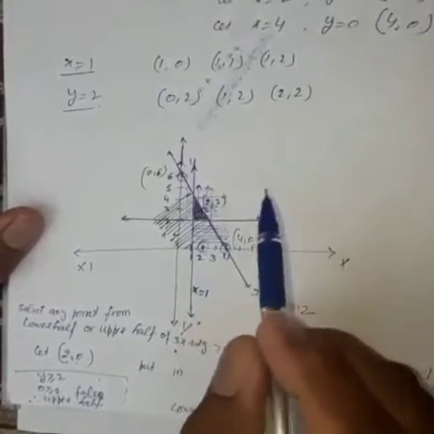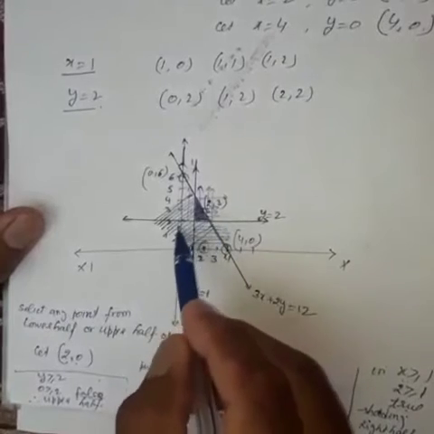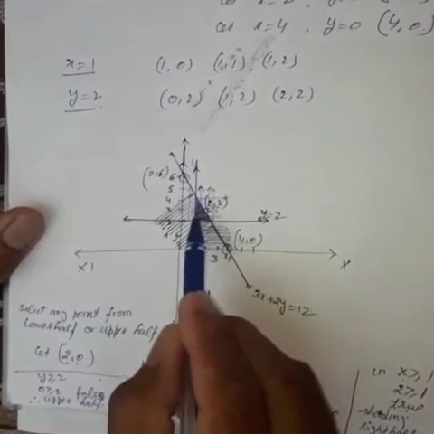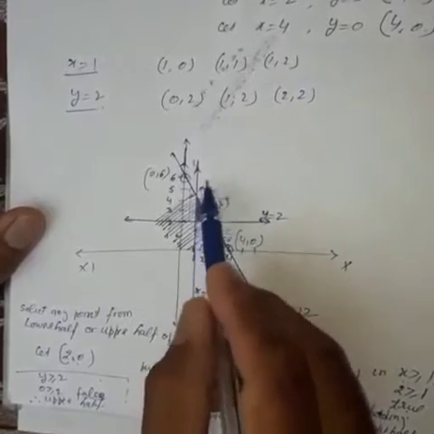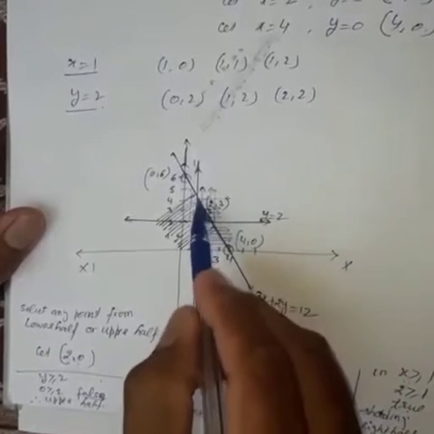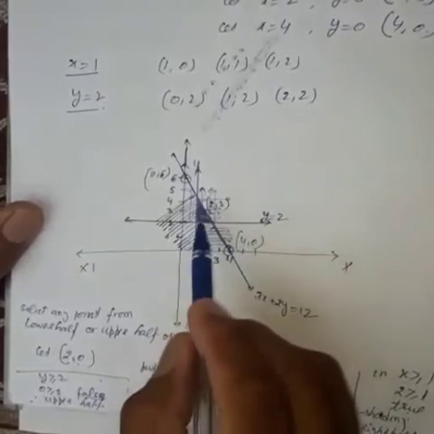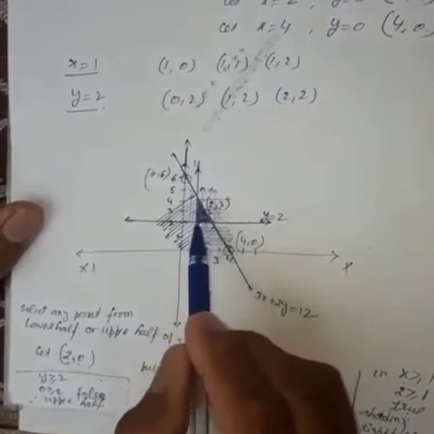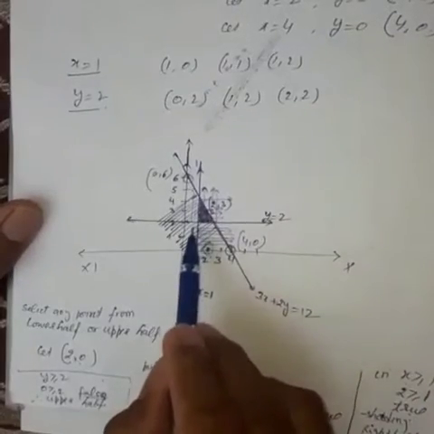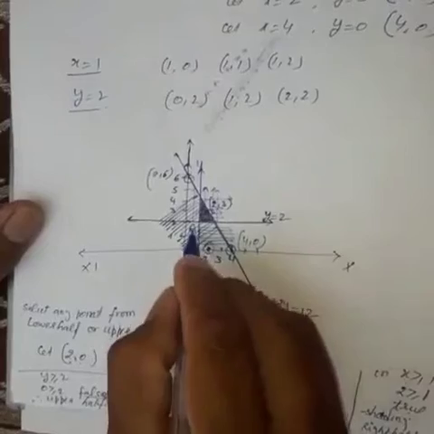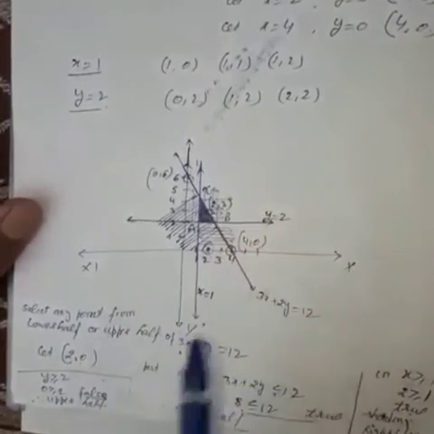Now you have to find the common solution. It means black lines for this line, below the line. For this line it will be on the right hand side. For this line it will be above the line. So this is the common region which satisfies all the inequalities. So you have to shade this region and write down the shaded region. You can name it ABC. So the shaded region is the required solution set.